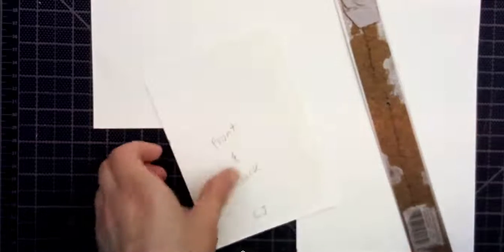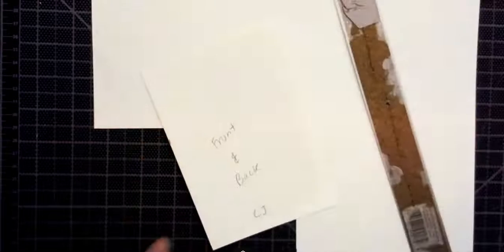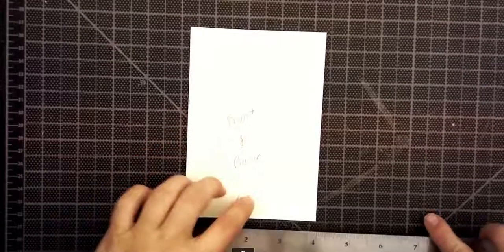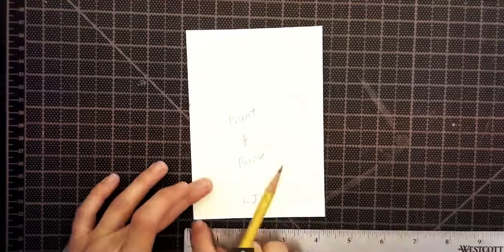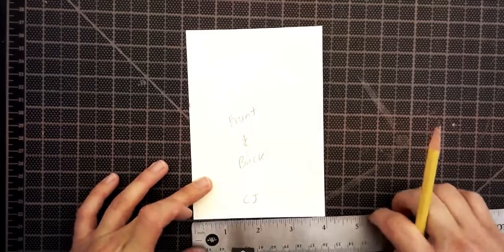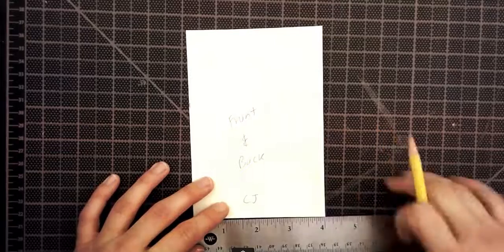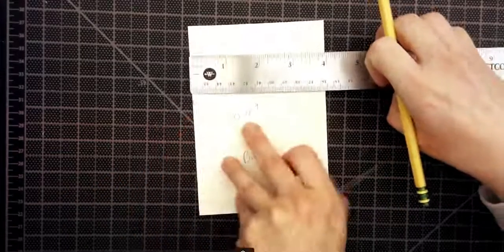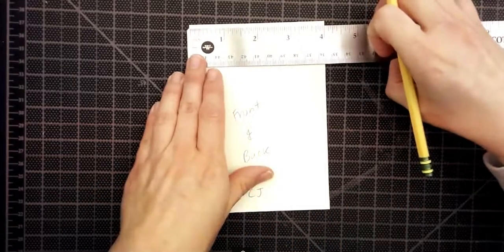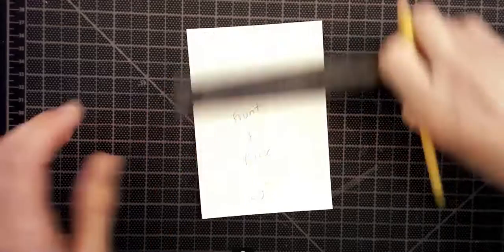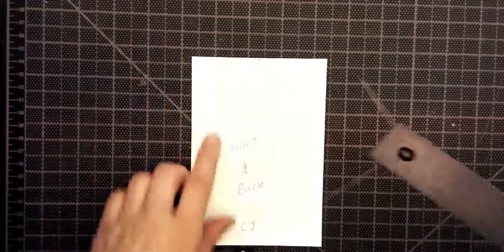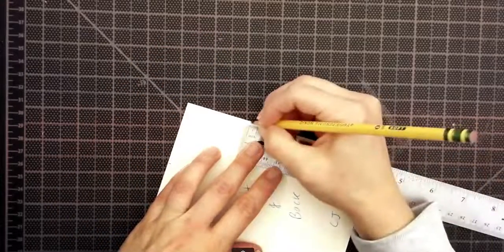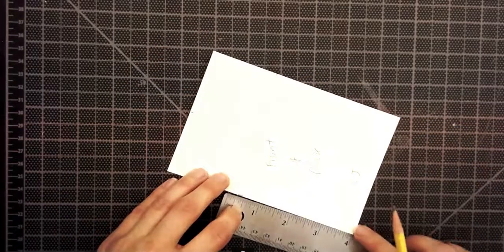Now how do we get that triangle, right? Remember, the triangle. Well, we want to make sure that our triangle is in the center of this paper here. So what I'm going to do is I'm going to find the center, like literally. If this is 4 inches wide, then the center is going to be at 2 inches, right? So let me measure it up here. I'm going to measure 2 inches. So that's the center of the paper. Now I need to determine where is the 4 inches along here. Measure 4 inches there, and then another 4 inches on this side.